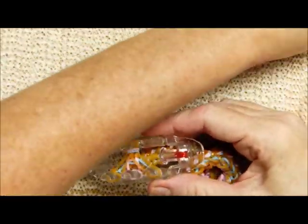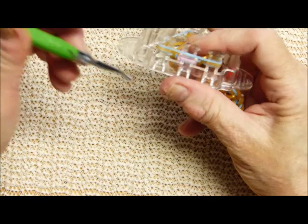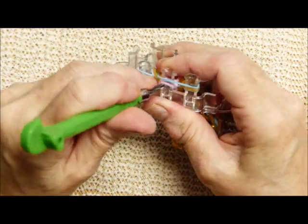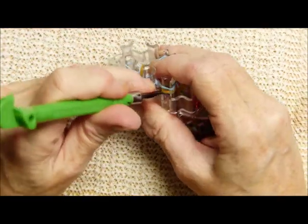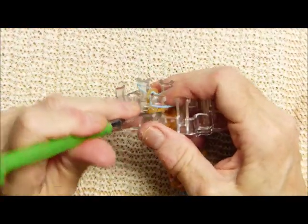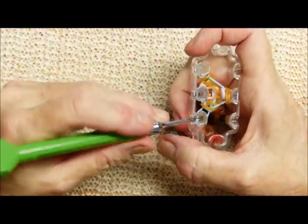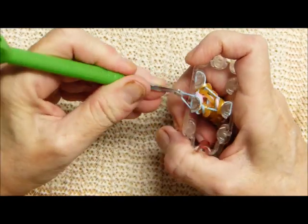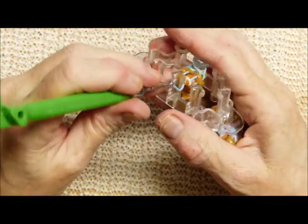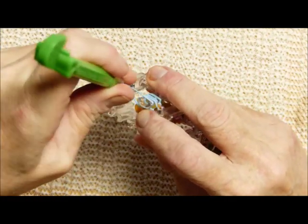So now we're going to do an 8-colored band, and if I remember right, I just bring everything over. Keep it simple is what I'm trying to do here, because I don't know what else to do. Okay, so we're almost finished here, and the easy way is to transfer this over to here, transfer this over here, and then lastly transfer this, well, not exactly lastly, but the last of these